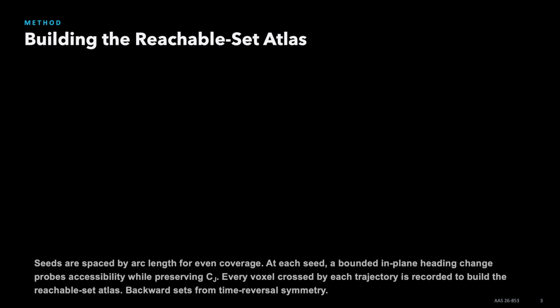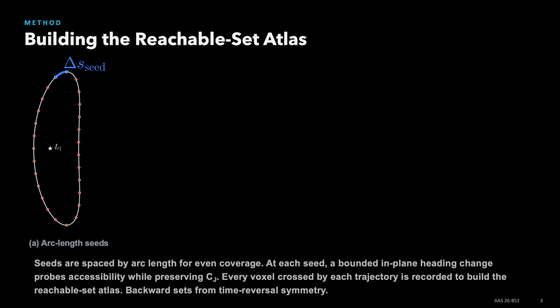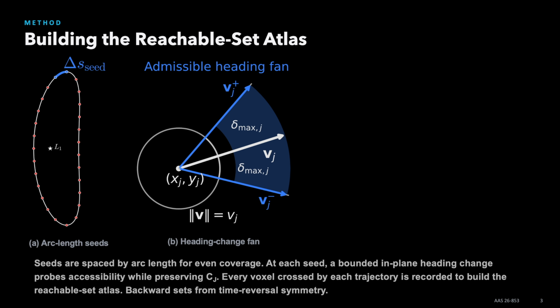For each periodic orbit, we first place seed states at nearly uniform arc length spacing. At every seed, the velocity magnitude is fixed by the Jacobi constant, and we vary only its in-plane heading direction over an admissible fan given by a delta-V budget. Because the speed is unchanged, this turning maneuver preserves the Jacobi constant. The cost of a turn is just 2v sine of half the angle, but here the velocity v is in